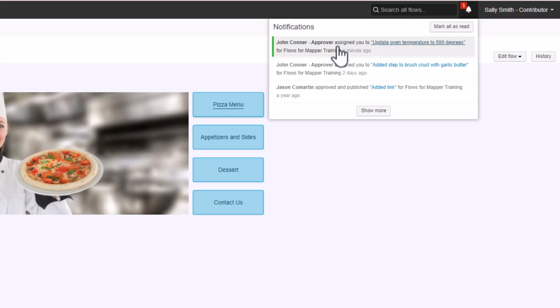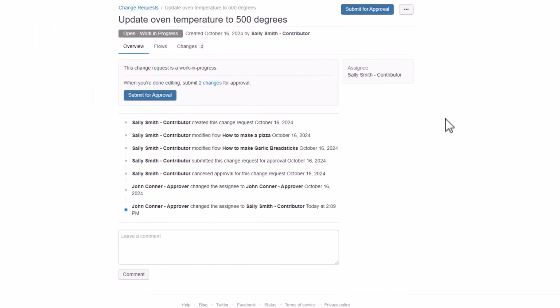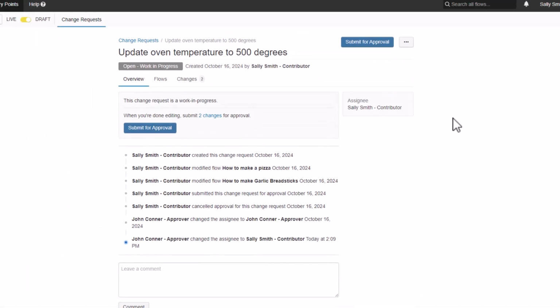When you click on the notification you would like to view, you will be taken to the Overview tab of that change request container. You can now complete whatever tasks or reviews that may be needed in relation to this